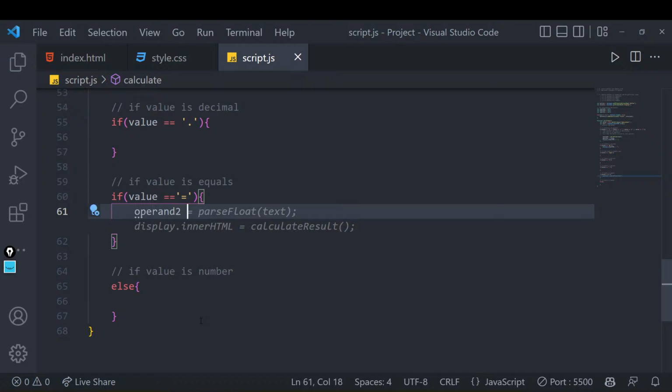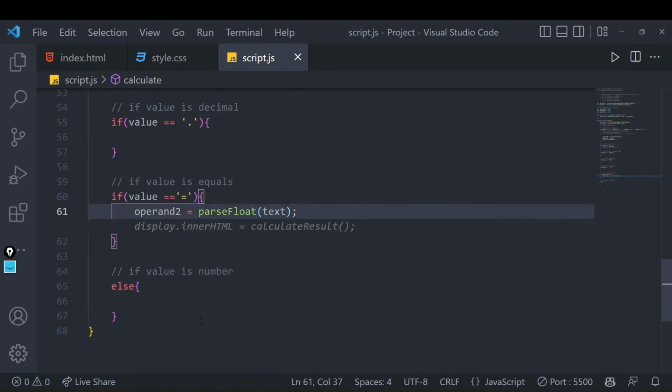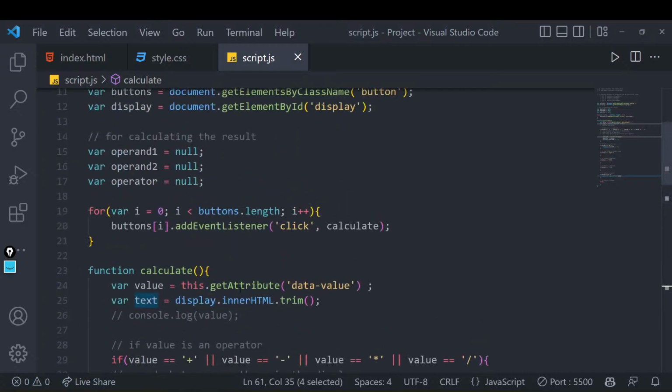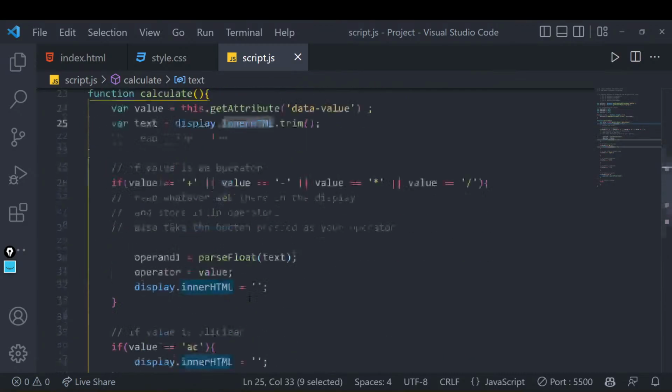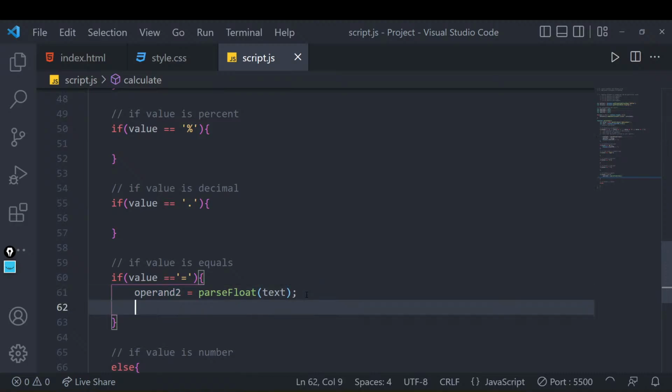Do one thing again, read whatever was written in the, just a minute, there is no need of doing that. We'll say read whatever was written in the text area. What is the text area? Whatever was in the display area, right? So read that as a float number and place that into the operand, right? If that is done, now our task is very simple. We'll say calculate the result now. How we calculate the result is fairly simple. One function we write, that we will see in a moment, right?